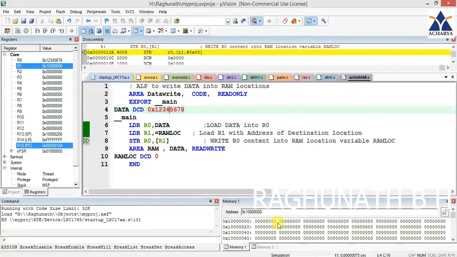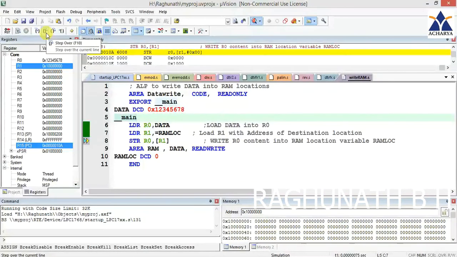That is the program. So it is a program to write any data to a RAM location. This is the RAM location. We are writing this data here. So this is a simple instruction. Store R0 to the address specified by R1 means it is coming here. You can see here, this will come to here. See here, it came now, 12345678. It is in some light green color. So this is now the data write operation done in the RAM location. This data is present in the RAM location.